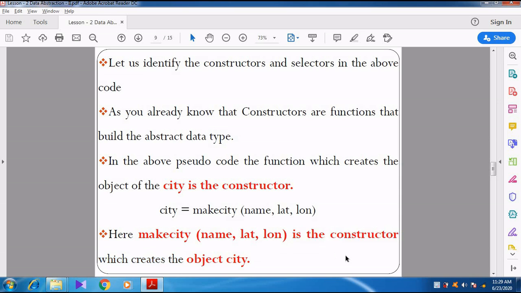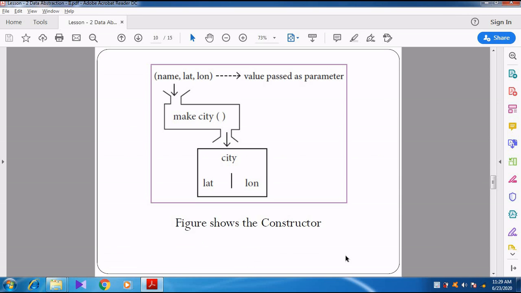So city is called the object, and make city is called the constructor. See here, the values are passed as parameters inside the make city function, and then the city function will split latitude and longitude in a separate manner.